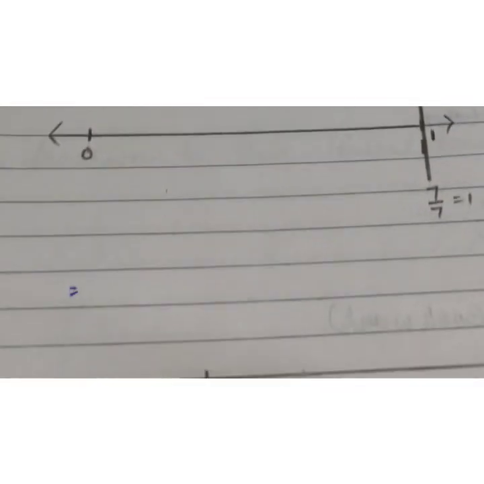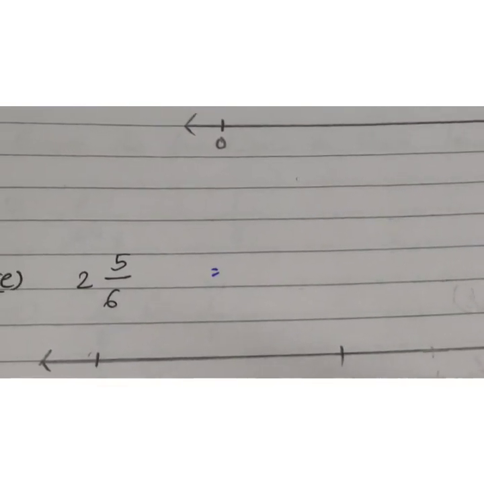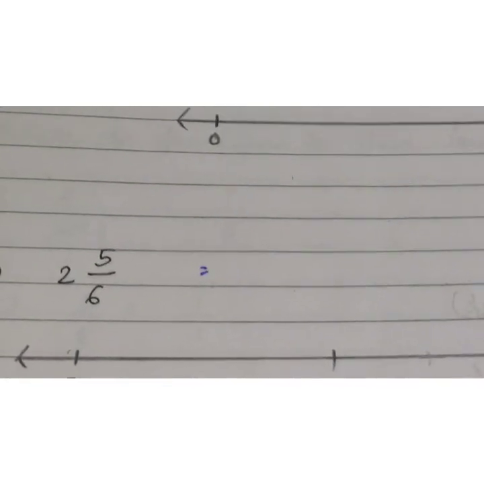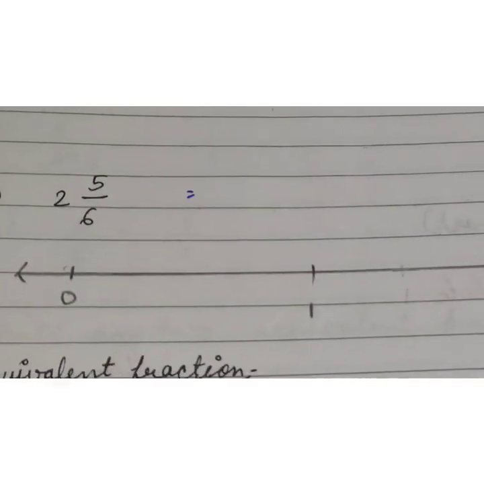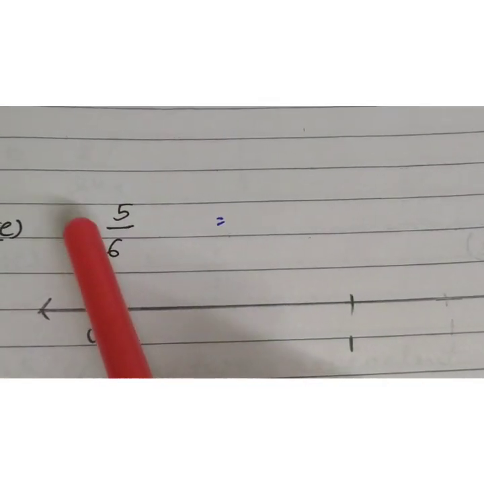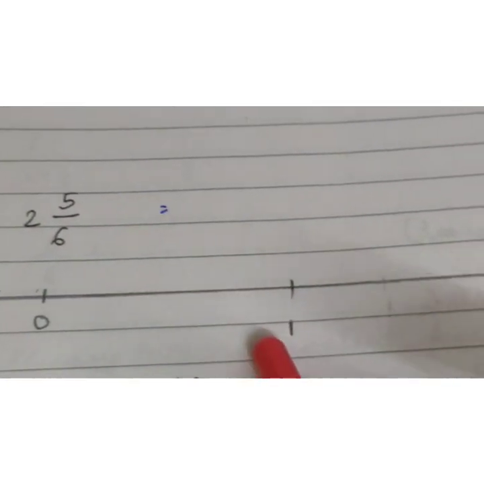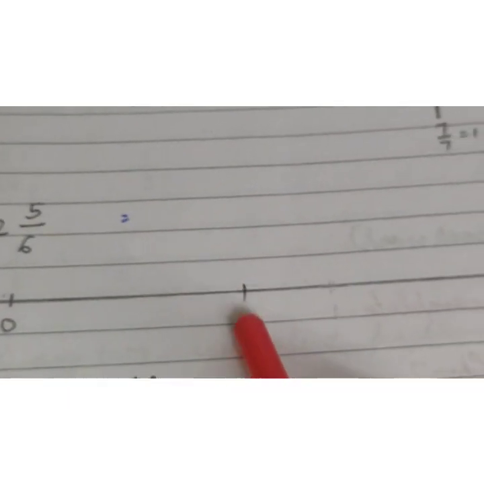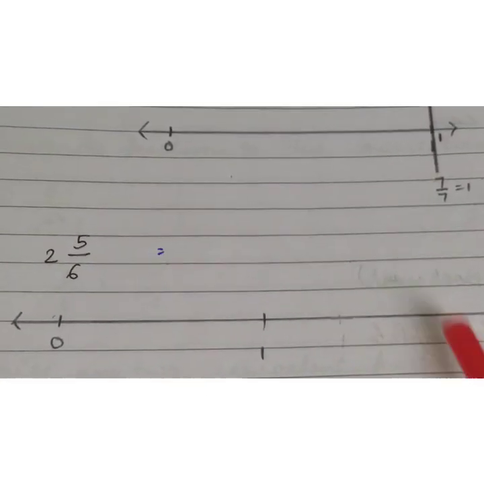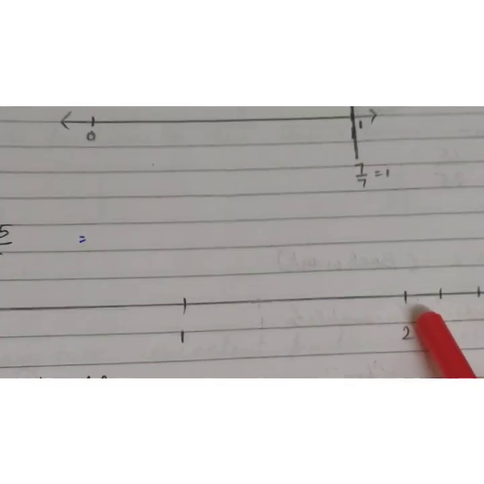Now we will move to the next part, that is E part. In E part you can see, kids, 2 whole 5 upon 6. What is written here? 2 whole 5 upon 6. Firstly you will draw a line. You can see here 2 is the whole part, which means you have to cover a distance of 2 as your whole. So firstly you will add 0 here, 1 here, 2 here, that is the whole part, which you have to take complete. You will not divide these parts into any sections. After the 2, you can see 5 upon 6 is here. After the 2 you have to take 5 upon 6 part.